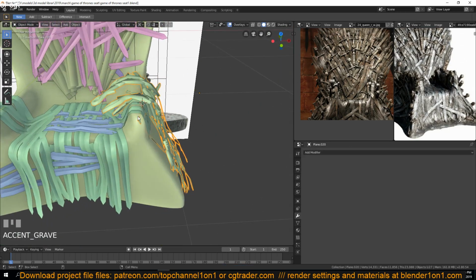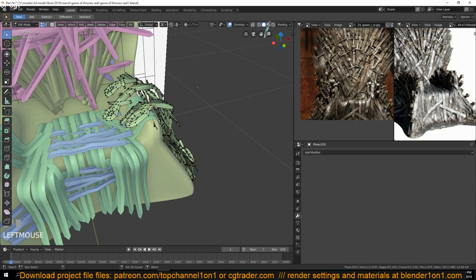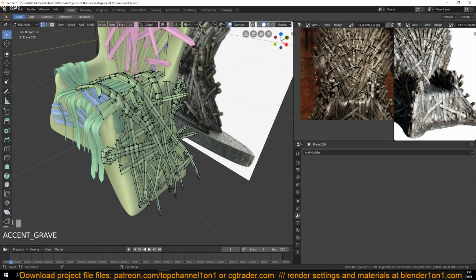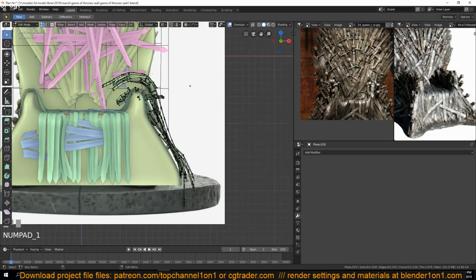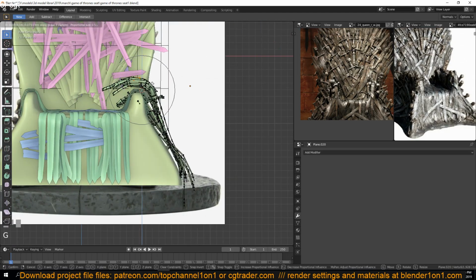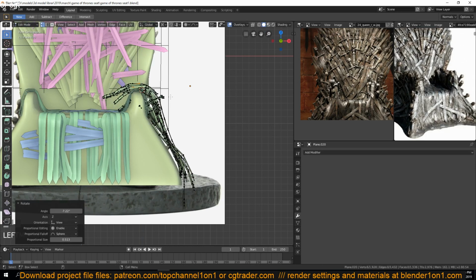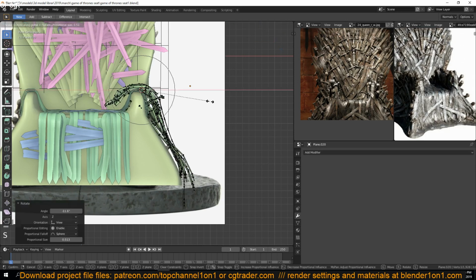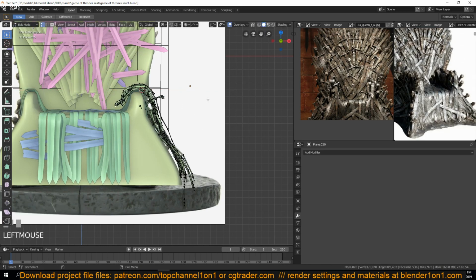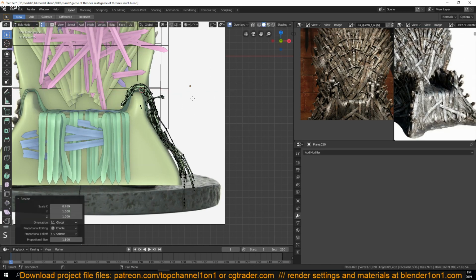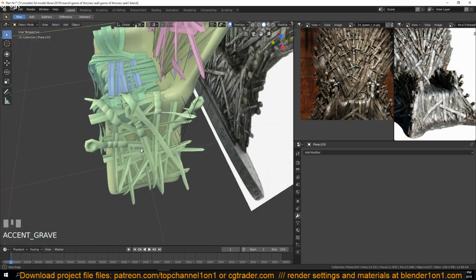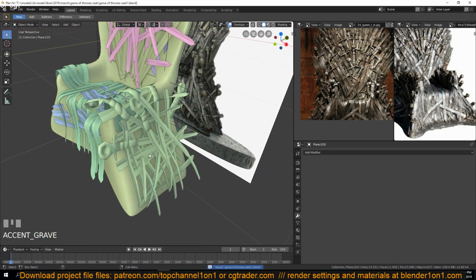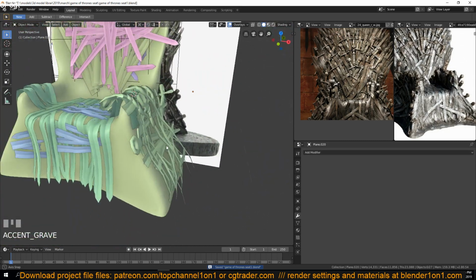So now we have this issue here where these are bending too much, so I can select them and their blades as well, and turn on proportional editing and push them down a bit, maybe even give them a slight rotation like that. So these are extending too much into the seat, so I'll rotate them a bit as well, and maybe I can scale them on the x-axis as well, maybe increase the influence a bit. Select these, scale on the x-axis like that, something of the sort. It's not perfect,